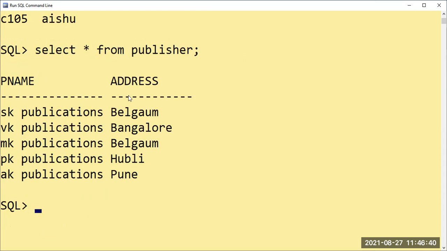Publisher name SK Publications, address Belgaum; VK Publications, Bangalore; MK Publications, Belgaum; PK Publications, Hubli; AK Publications, Pune. Publisher name is the primary key here. This primary key, publisher name, is going to be a foreign key for the book table, showing which book is published by which publications.